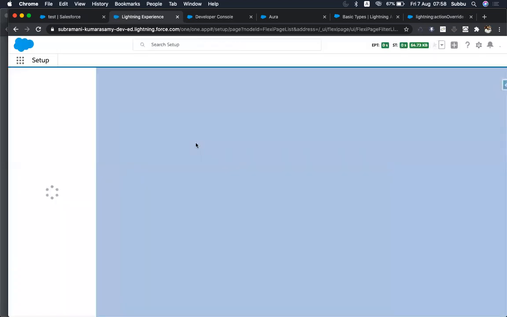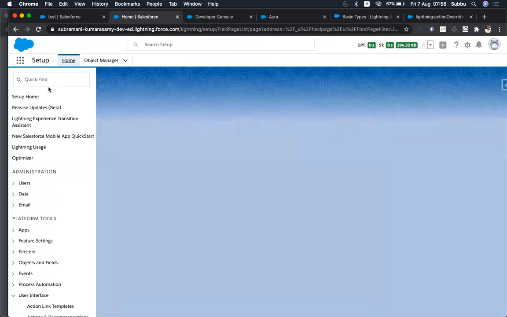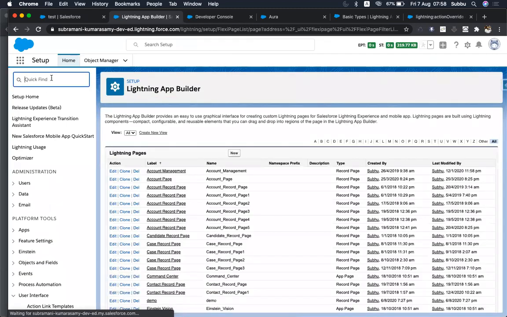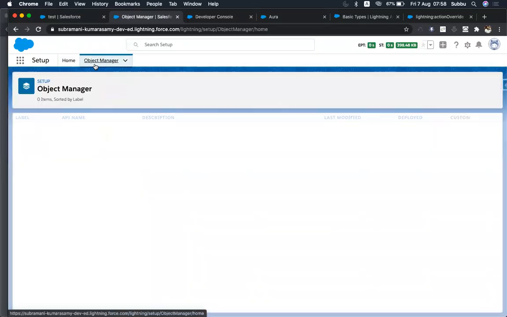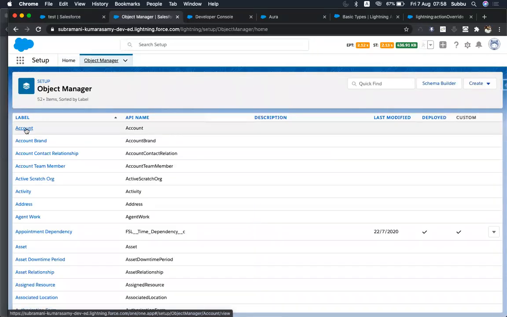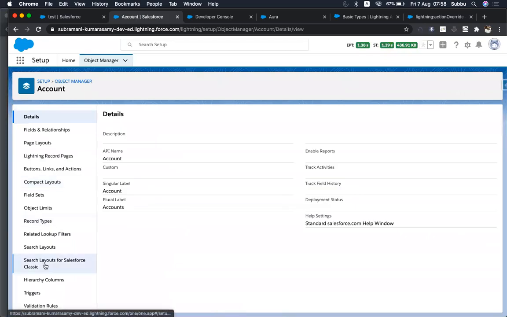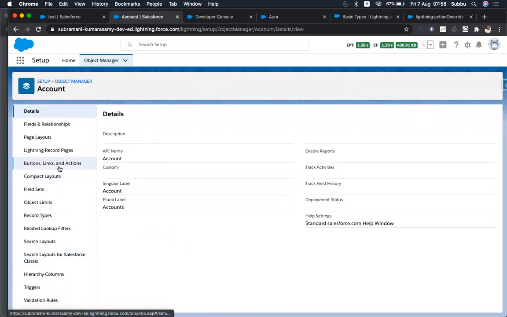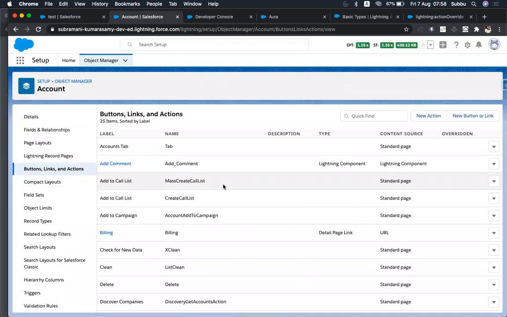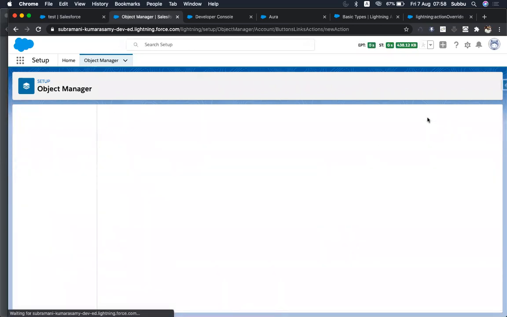Okay, so we were able to use it here. And then going to account, buttons and links. So new action.